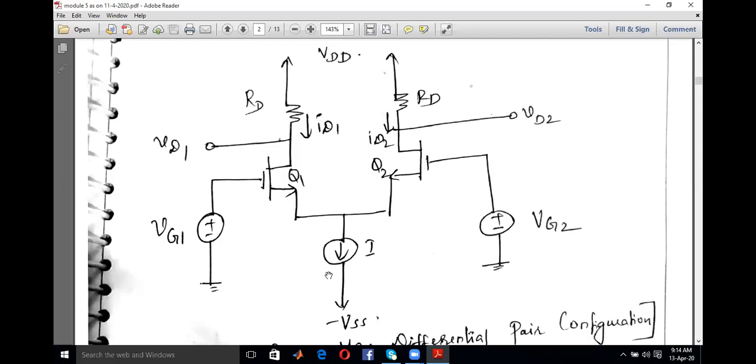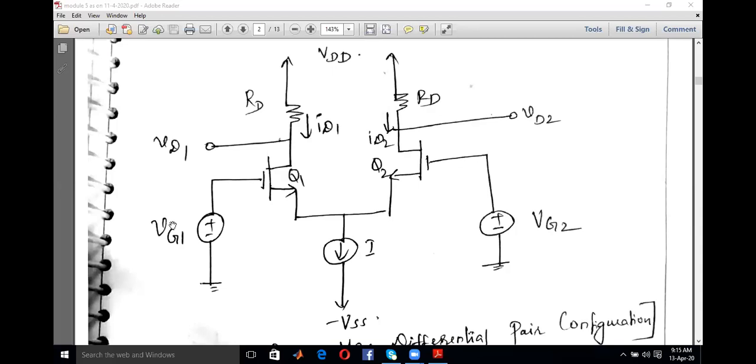So by using that particular circuit, you can set a proper current I, so that current I is constituted by ID1 and ID2. So ID1 plus ID2 will together join at the source terminal so that it will produce I at the output. That is I at the source, which will be flowing towards a negative power supply. You know that current will always flow from a region of higher voltage to a region of lower voltage, that is from VDD to minus VSS.